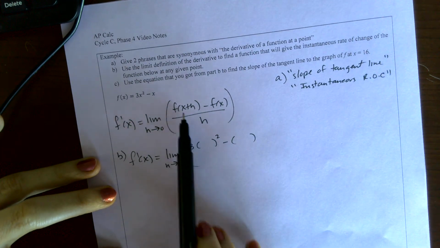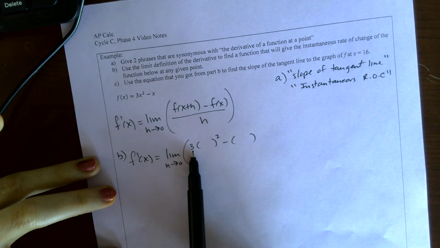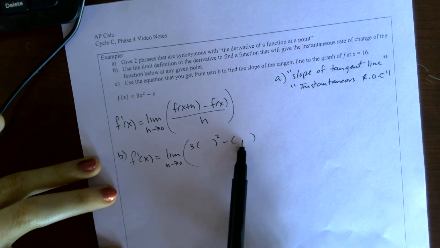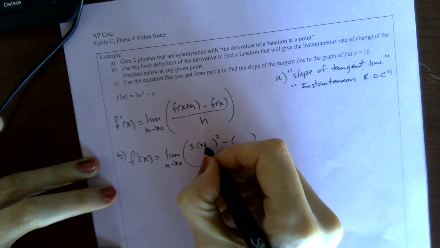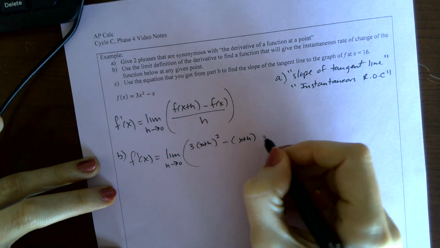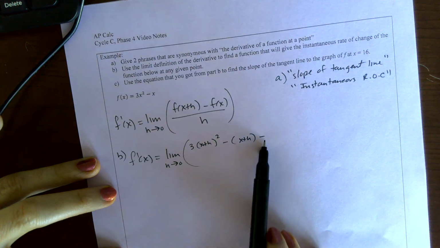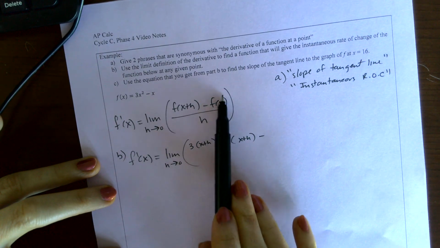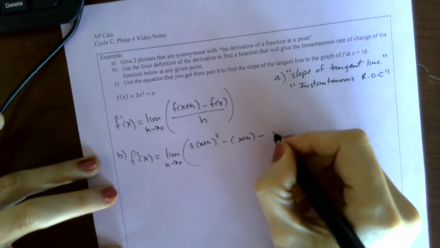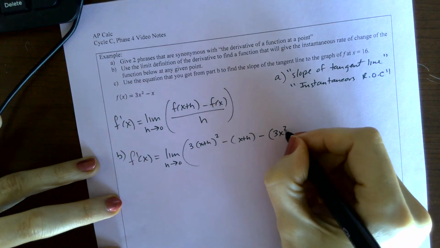So this is the f of x plus h part, where in place of the x's I'm putting x plus h. Minus, so I have to subtract f of x. So I definitely need parentheses here,